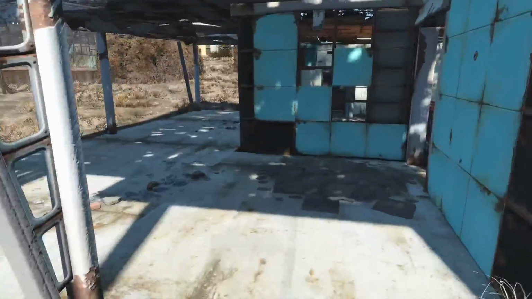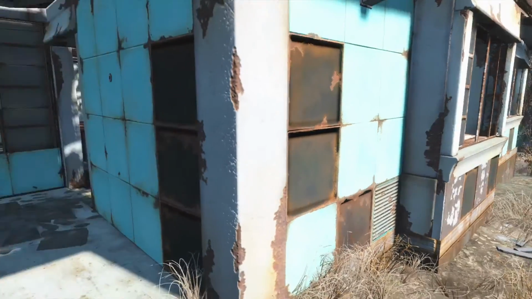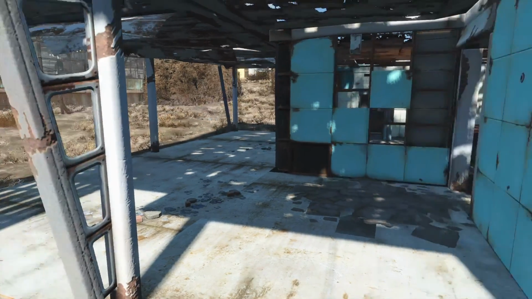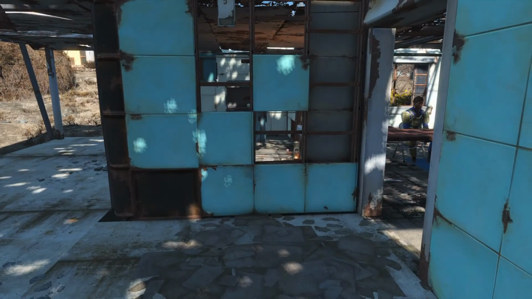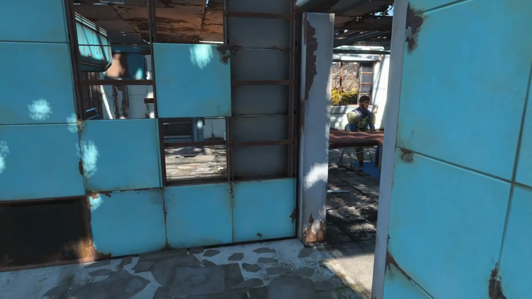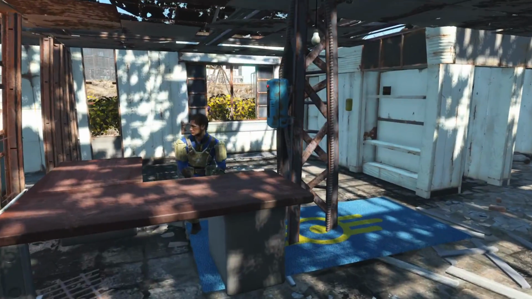Now this is what I call the first outpost. It's kind of like the police or security station. I only have 3 security guards here. And yeah, as you guys can see, this is...